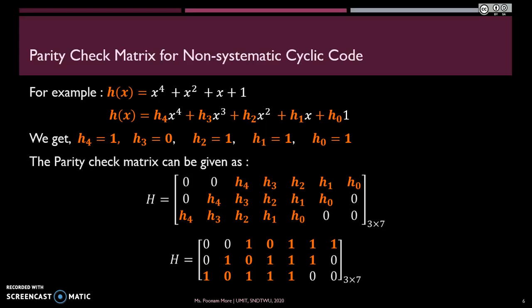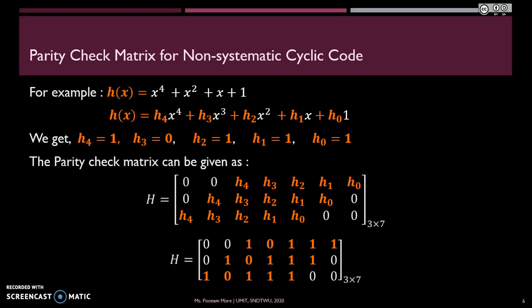The usefulness of this is that after getting the parity check matrix, you can perform the similar operation that you have done in the linear block codes. That means if you want to find out the syndrome, then you can use the same techniques that you have used in the linear block code, because cyclic code is again a subset of the linear block code. So the similar operation you can perform on the matrix to know what is the syndrome, whether there is a presence of error or not in the received cyclic code, and according to that you can correct it.